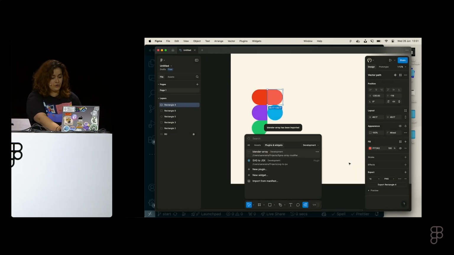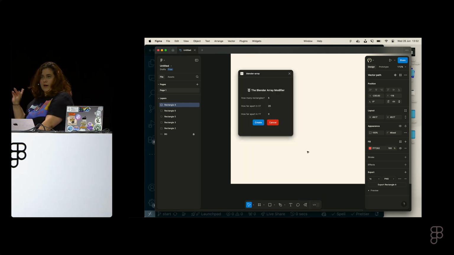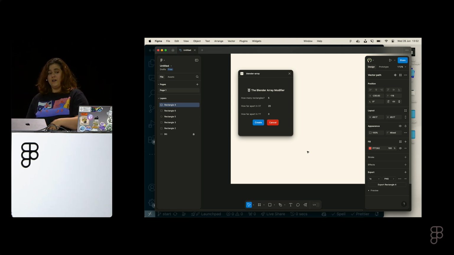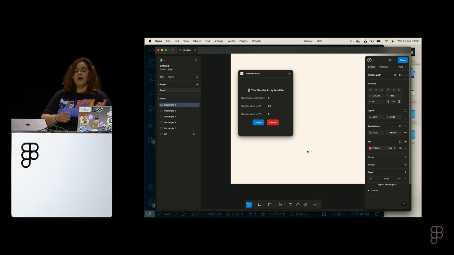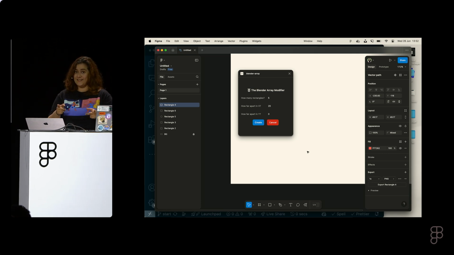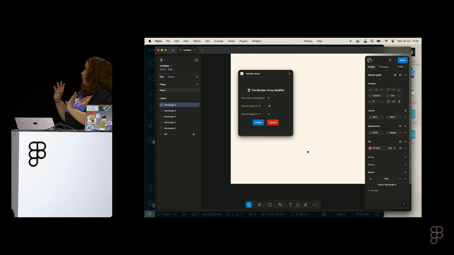Cool, so and then it will show you all the plugins that you have right now, and this is also new, looks good. And this is what I have, right? So the Blender array modifier, and I am gonna be able to pass how many rectangles, actually not rectangles, how many things I wanted to copy, how much farther apart are they in the X and the Y. There's no Z yet. Maybe next year at config, who knows? But yeah, this is what I'm making.